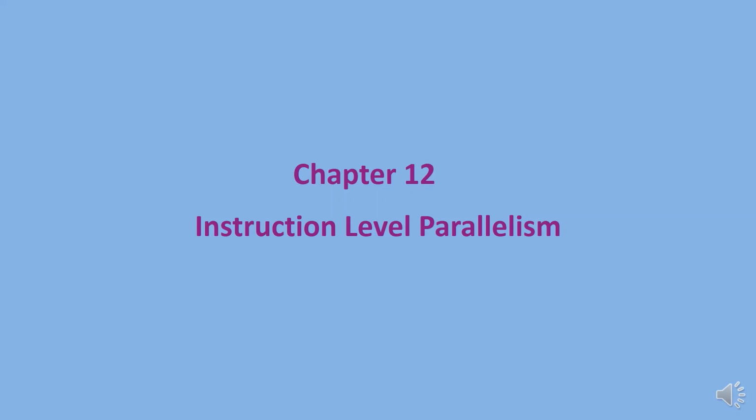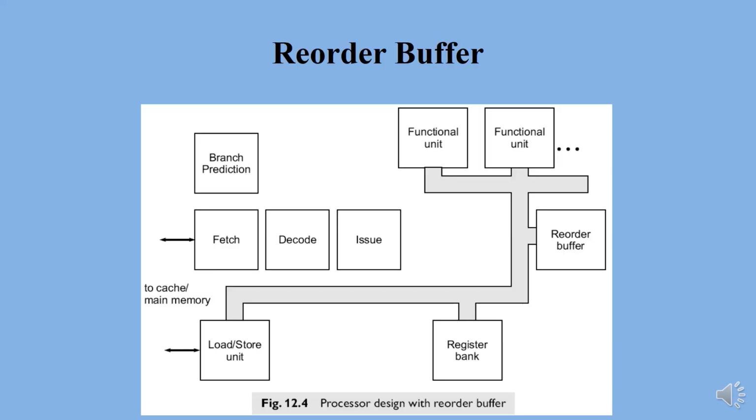Chapter 12, Instruction Level Parallelism. Reorder Buffer. Since instructions execute in parallel on multiple functional units, the reorder buffer serves the function of bringing completed instructions back into an order which is consistent with the program order. Note that instructions may complete in an order which is not related to the program order, but must be committed